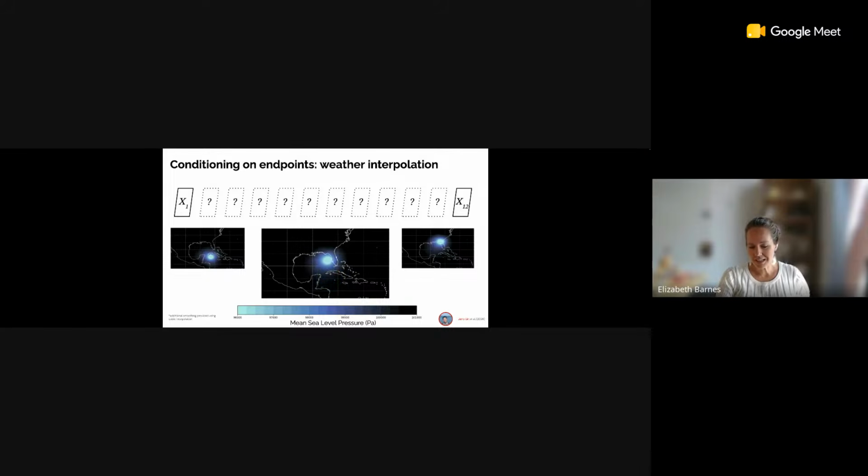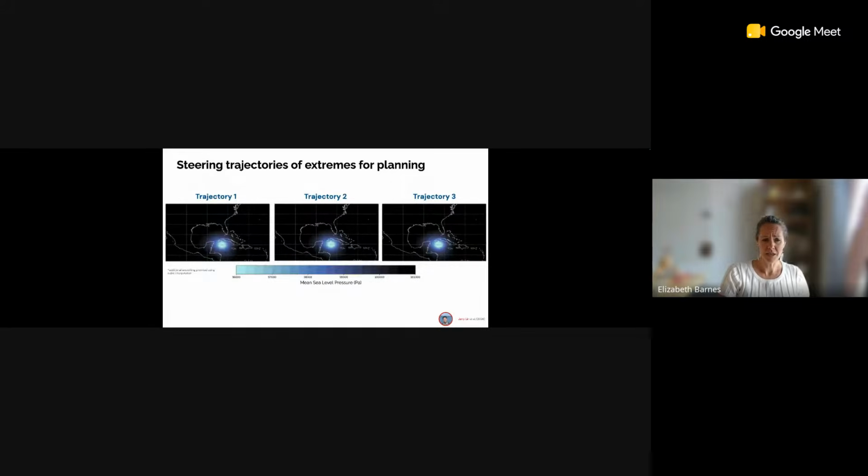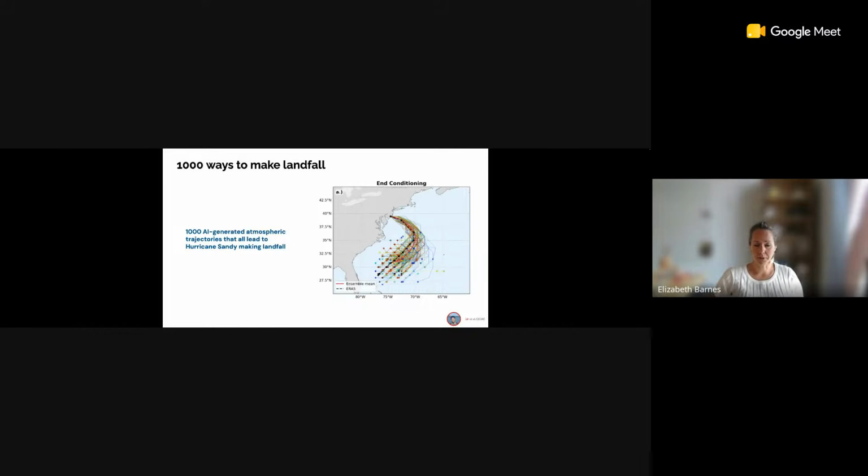And what's really exciting and interesting about this is our physics-based models don't work like this. We can't condition in this way. If you will, our physics-based models really condition on the beginning. Given an initial state, what happens next? So with this approach, our trajectories can start off similarly, but we can actually have them all end in different places. And in fact, we can also just condition on the end. And that's what I want to talk to you a little bit more about.